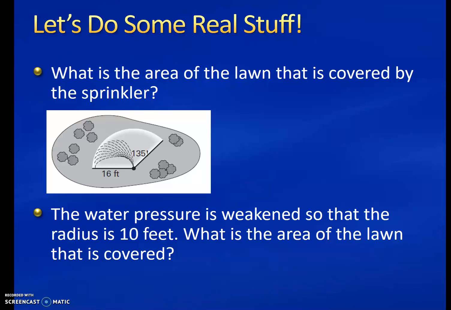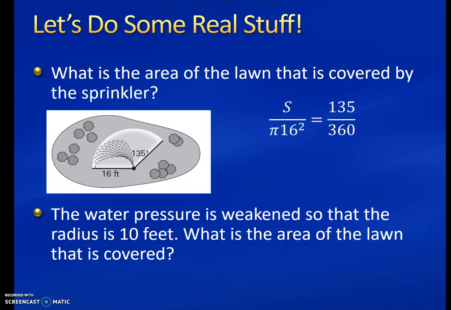We want to find the area of the lawn that is covered by the sprinkler. I know there's an exclamation point on there, but that's going to represent a degree. Please don't ask why the picture does not have a degree sign there, okay? So let's go ahead and do that first. What I see is, again, it's a portion out of a circle, and I want to essentially find the area of this. So I'm going to go back to that original proportion that I have in the beginning,